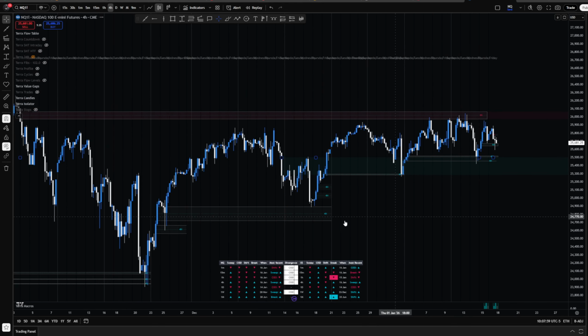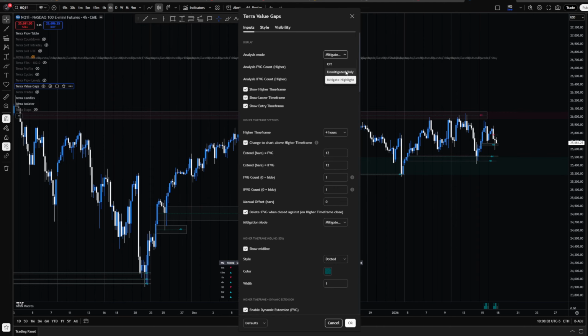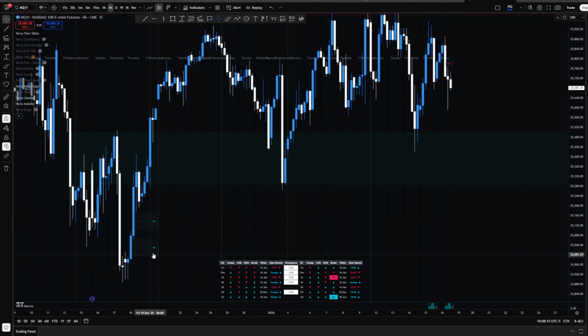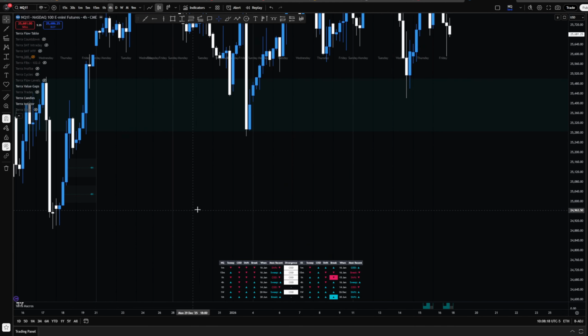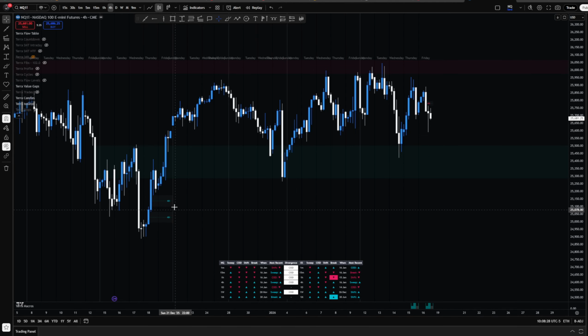We go back to the 4 hour, and I'm going to go back to unmitigated only. This is my go-to method for analysis. It's showing me a 4 hour bearish fair value gap above us and 2 unmitigated fair value gaps below us. What I'm now going to do is use the isolator to isolate this one at the bottom. Because these ones are stacked next to each other, go to the furthest one. So this is the one that's got my interest. I'm going to ignore this one because if we go to here, we're going to touch this one, basically, is my expectation. So we're going to go into the isolator and isolate